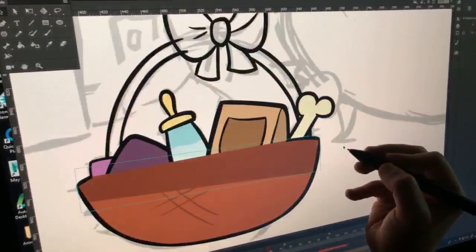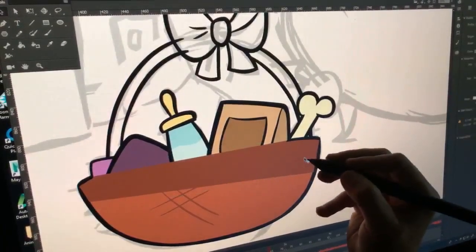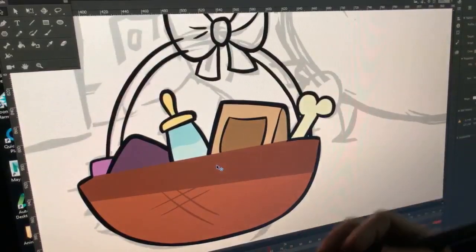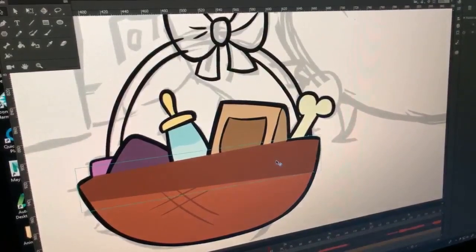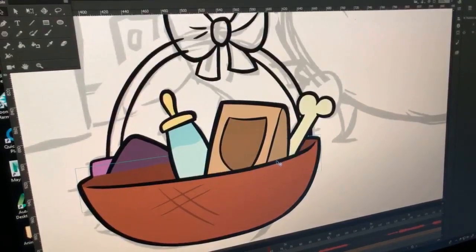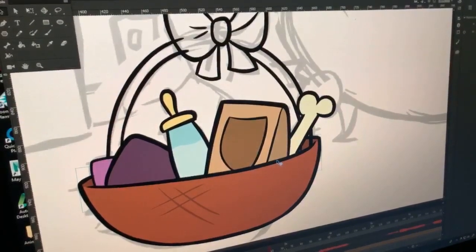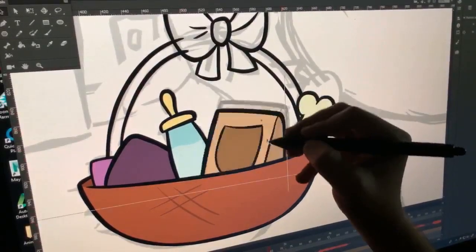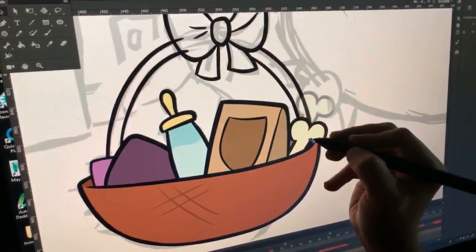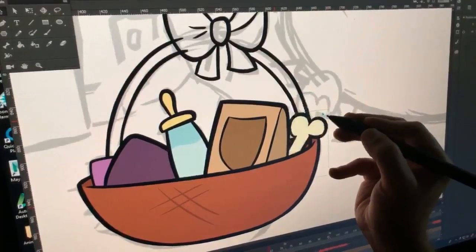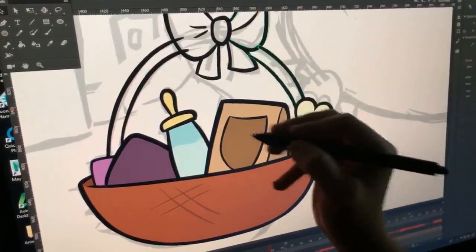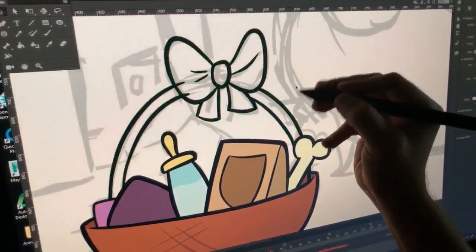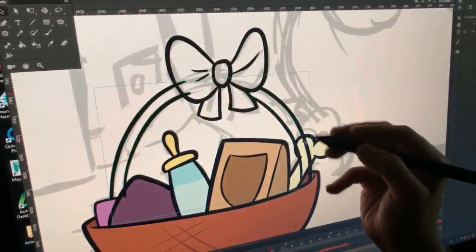If I go out of that symbol, see now that dark layer is all the way in the front, so it doesn't look right. If I select it, control, down, down, down, down, it puts it all the way in the back. There you go. Now you have the basket with all the stuff in it. I can rearrange the stuff, put this a little deeper and all that. And then this we'll make into one object.